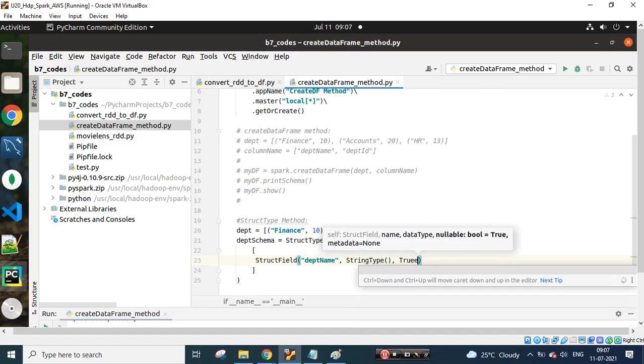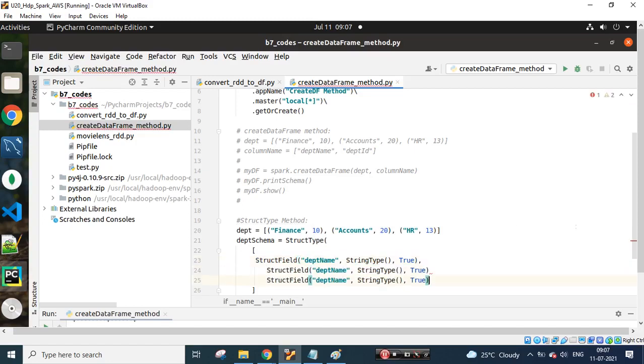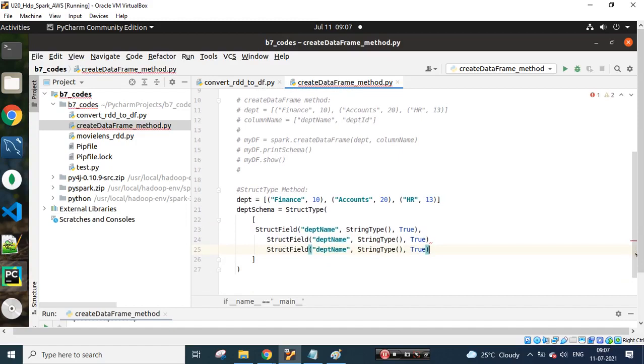Okay, so I'll just say true. For when we are playing with a .txt file, this won't be affected, but let me copy this piece of line, Control C. So how many rows do I have? 3 rows, right? For that, I'm just trying to define my schema. Sorry, I have only 2 columns. Okay, so the first is this